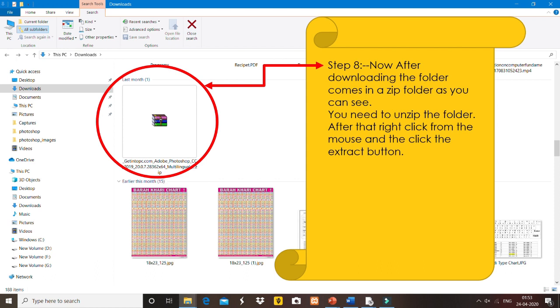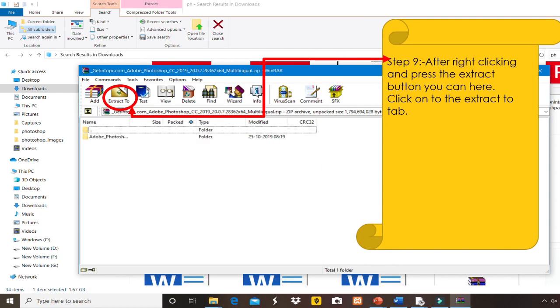Now you need to unzip the folder. After that, right click with the mouse and then click the extract button. When you click onto the extract button, the WinRAR window opens, where you can see an extract to tab. Click onto that tab.